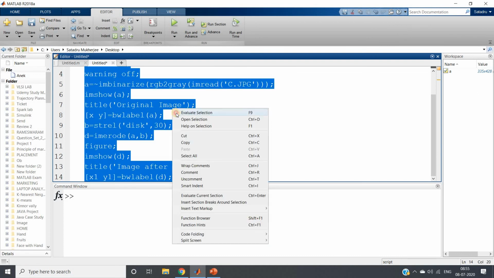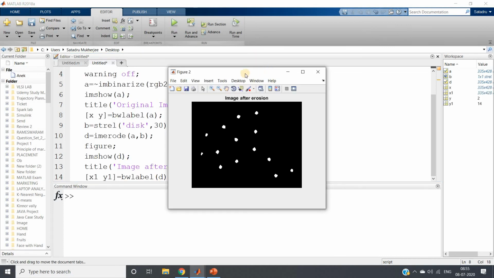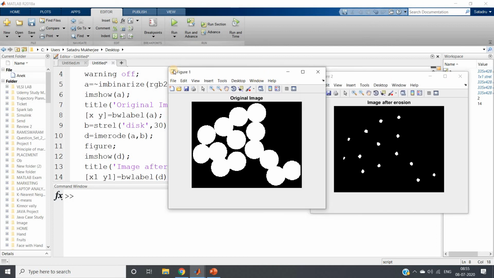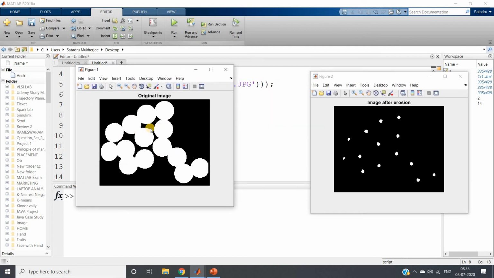If I now run the code, see how beautifully we are getting this. This is our original disc image in complemented form. We are separating all of them, and as a result, the small dot which was appearing is also removed due to erosion.